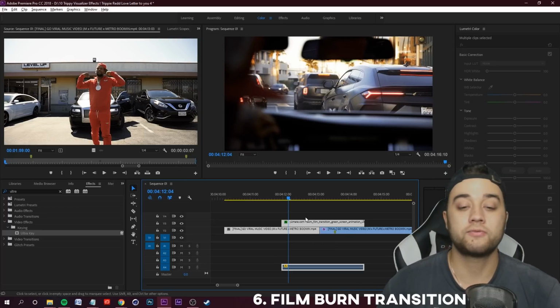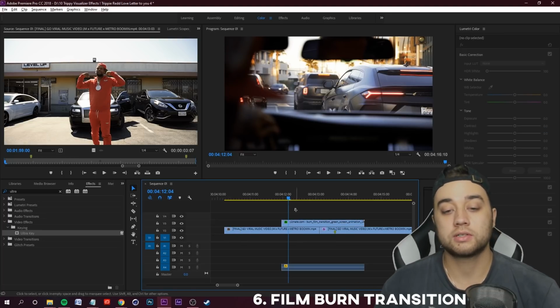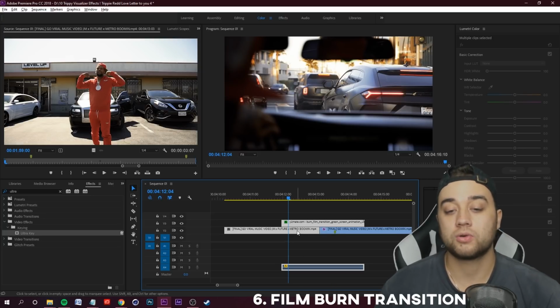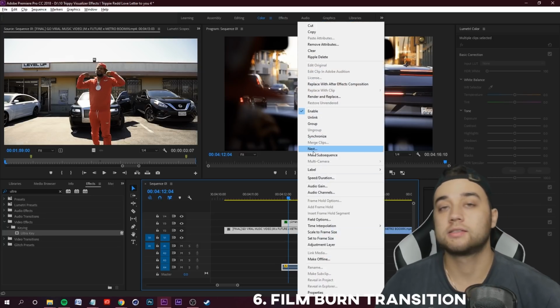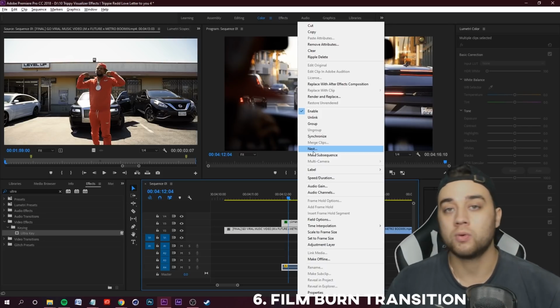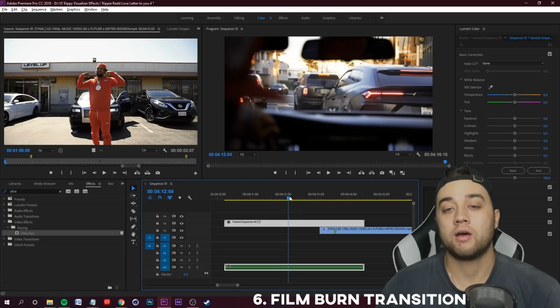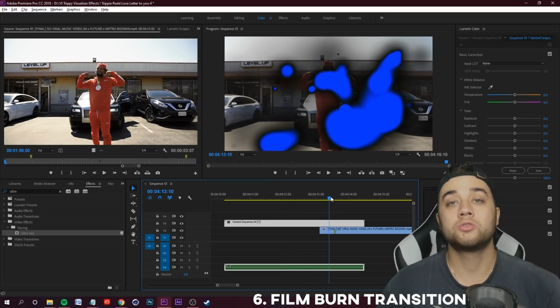So you can either hold down shift and click on both, or you can just click and drag to select both the transition on the top and this original. Right click and click Nest, and that's basically pre-composing them into one clip, so combining them together. Click Nest, click OK, and now if you drag along, all we need to do is repeat our first